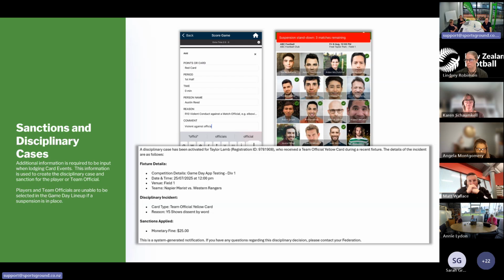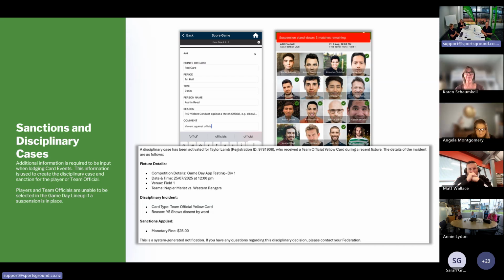So as Mike and Joe have mentioned, there are two components that a referee needs to engage with as part of the Sporty platform. Number one is Appoint Me, where they log in, set their availability, and are assigned against fixtures and accept or decline those fixtures. And the second component is the MyFootball game day app, where they review the information entered by each team and where they score and submit the scores for the game.